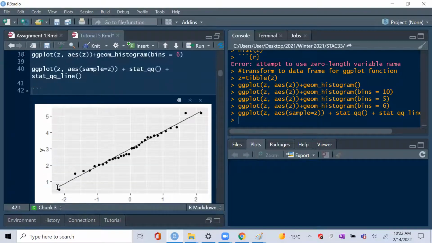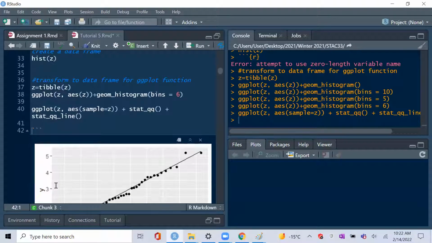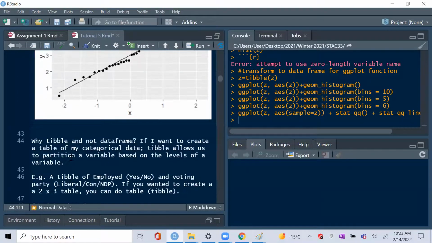Actually, somebody asked me in the previous tutorial, why did you use Tibble? What's the difference between data frame and Tibble? I said that for the most part, Tibble and data frame are the same. But the only difference is if you want to use the table function in base R. You know how you guys have 2x2 tables and stuff? You've seen them before, where you're looking at how many categories you have in each section of a 2x2 table. If you want to make a 2x2 table, you have to use Tibble, right? Because you can actually do things like table of data. So if I do table of